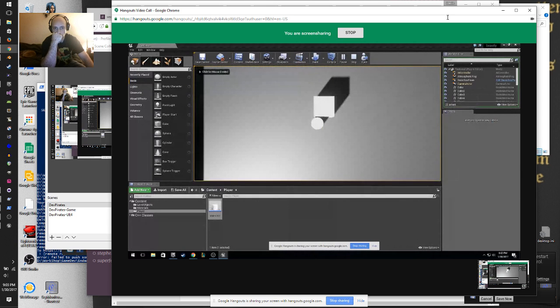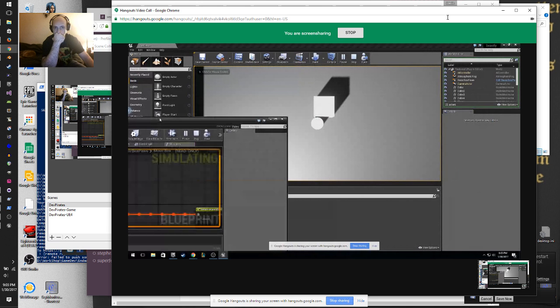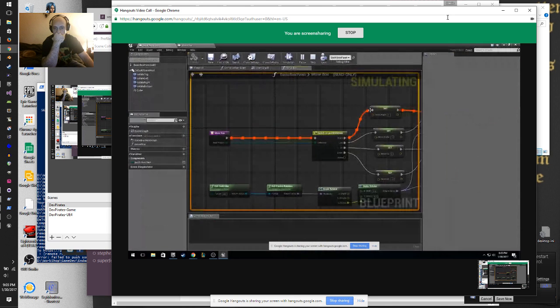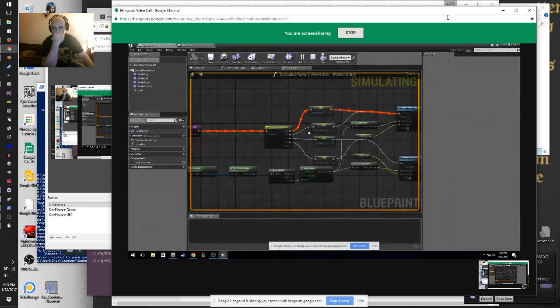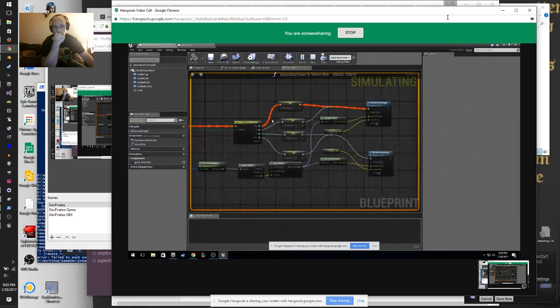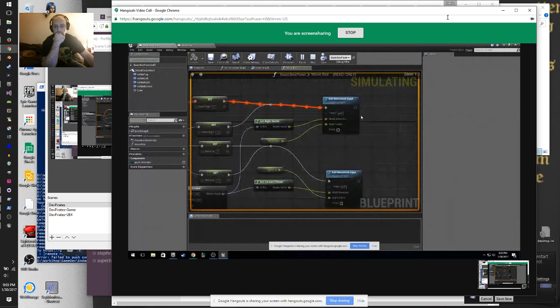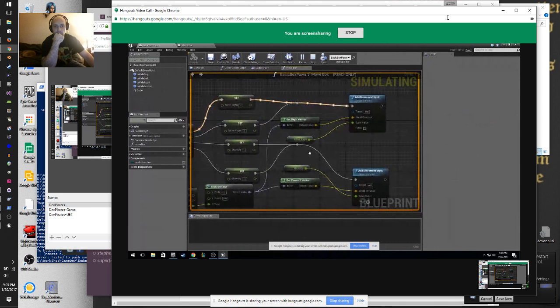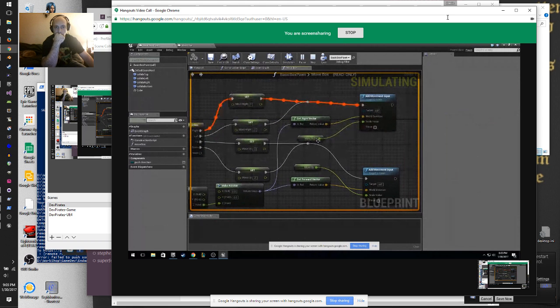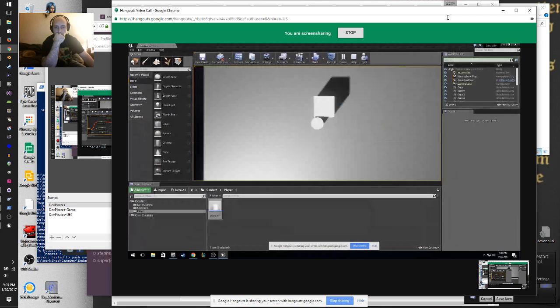Let me see what's going on in the code here. Okay, so if you see, it's executing. But what was your on tick though? On tick is just checking whether or not... Well, shouldn't your on tick also move the box?